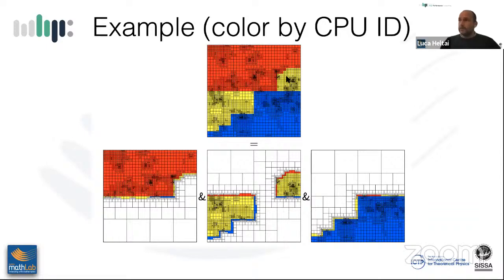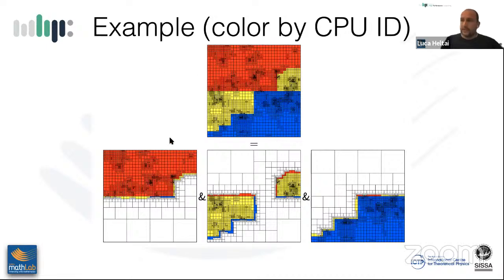So CPU 0, CPU 1, which is the yellow part, CPU 2. And in this particular case, what we see here is that we split the domain using Z orders. So you basically have a space filling curve that fills the full space here, and the space is 2-dimensional here. And then it cuts this curve into 3 equally spaced, so three equal length segments, and each one of the processors knows which segments it has to use